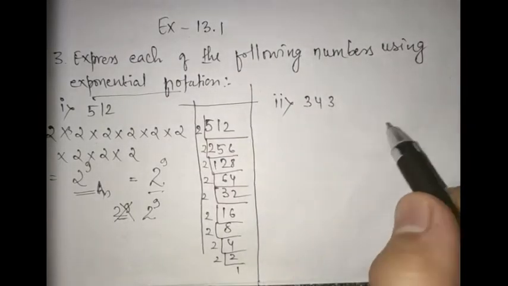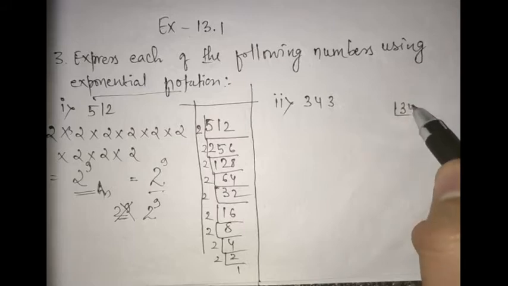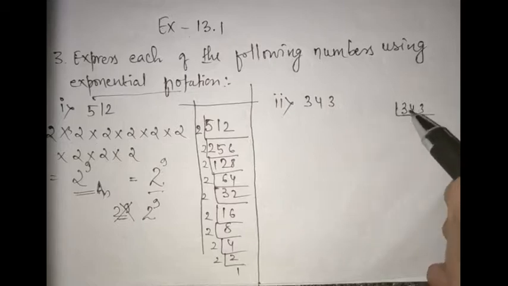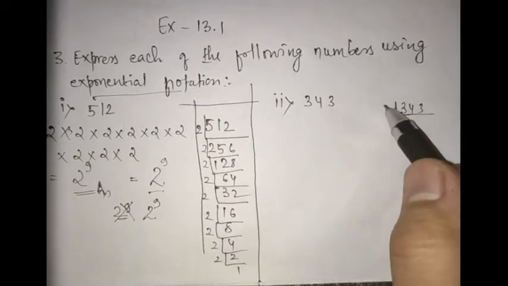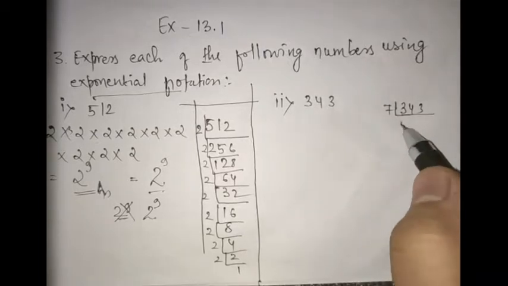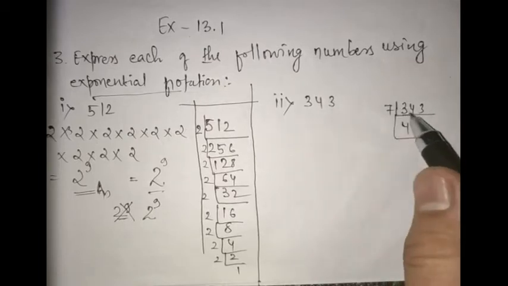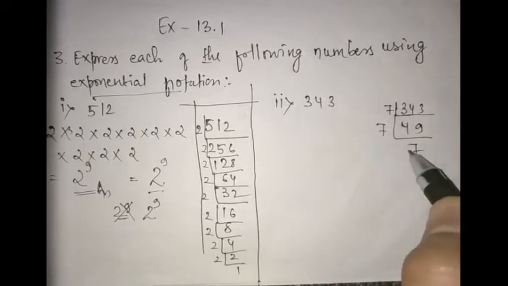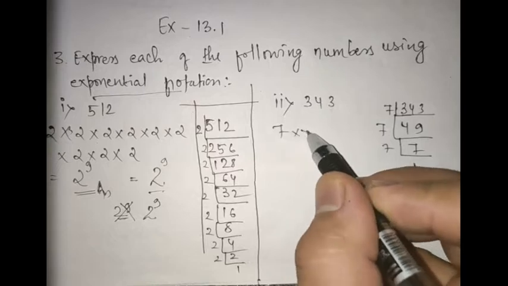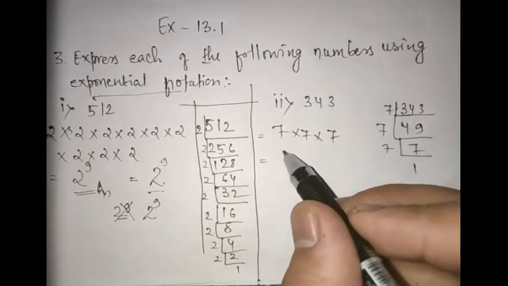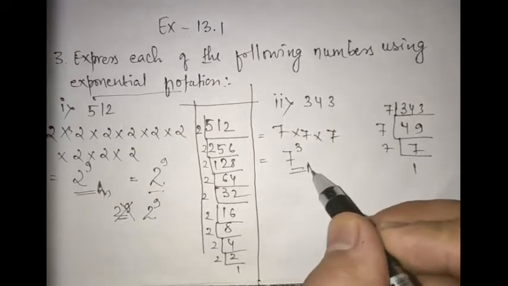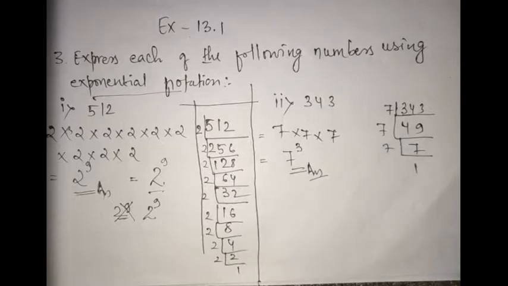Similarly we will solve the next question. Number 1 is over. So let us take the LCM of 343. 343 cannot be divided by 3. Just see, 3 1s are 3, 3 1s are 3, 13, so not possible. So we will take the number 7. 7 49s are 343, and 7 7s are 49. Similarly 7 1s are 7. So for 343 you got 7 into 7 into 7. If you have to write this in the exponential notation, 1, 2, 3 sevens are there, so you will get 7 to the power 3. Alright students, I hope you have understood this.